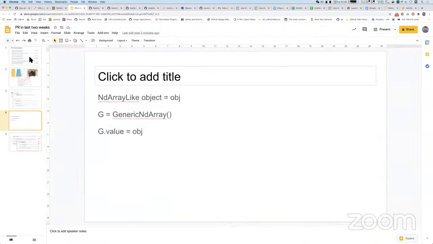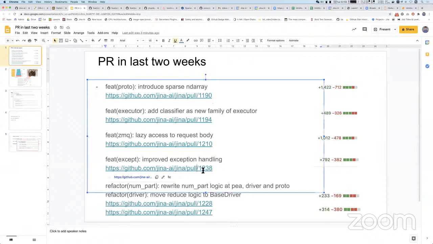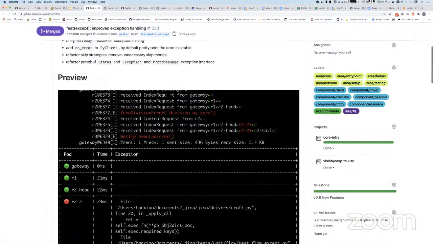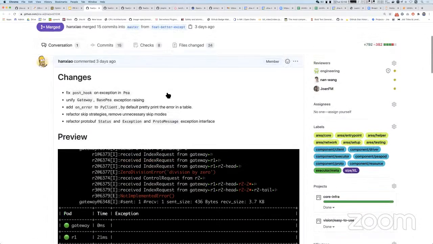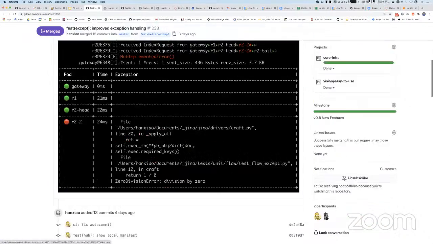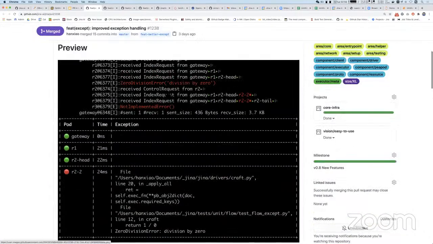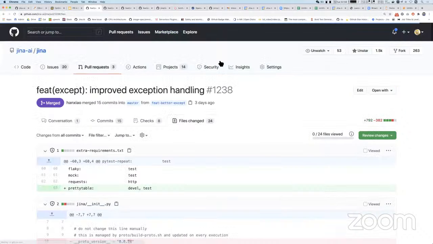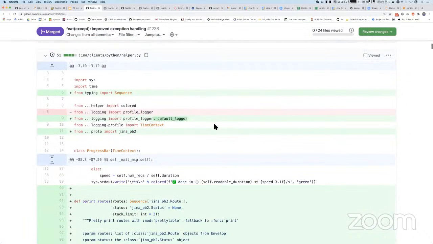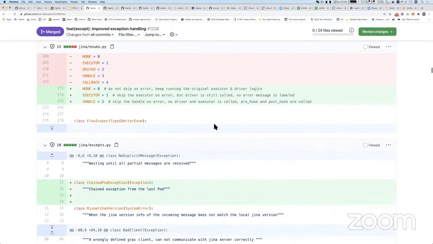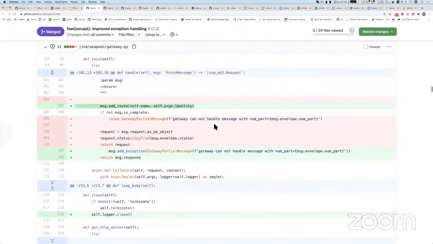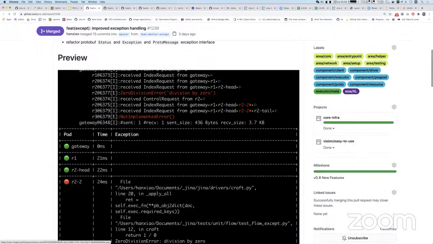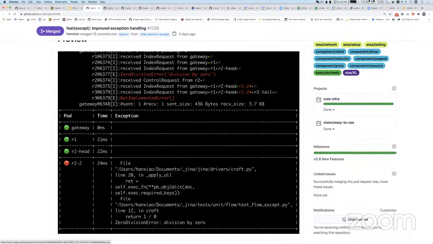All right. I guess this is a very low level one. The other thing is about this improved exception handling. This is relatively, I don't remember why this takes so much effort, but the problem here is previously we have this exception, and